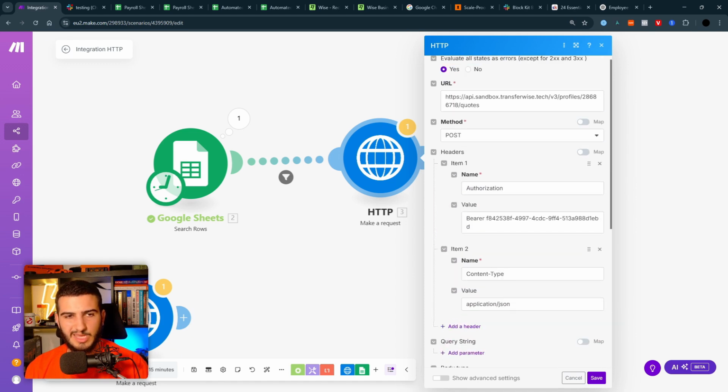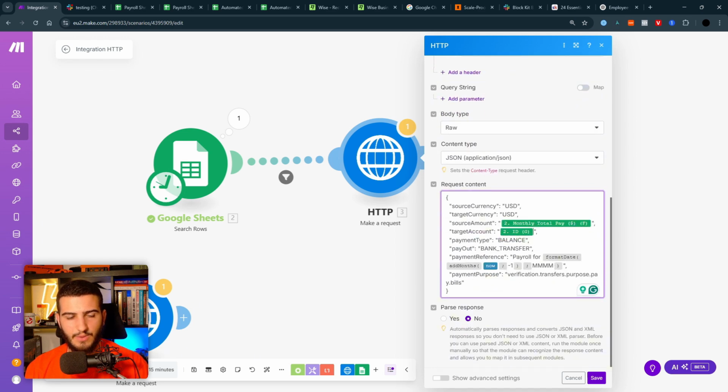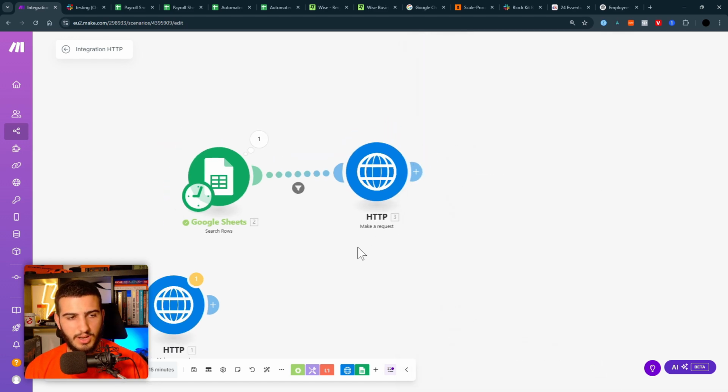So once again, in the first API call, we're creating a quote. We've added our profile ID right here, which we got from ChatGPT. We've added our authorization, our bearers, our tokens, all of that good stuff. And we've also added our different payment that we're going to be sending each employee, along with a relevant ID for each employee and the actual date of the payroll, or when we're actually doing this. So far so good. Let's go ahead and actually test this bad boy, and we should see some quotes being